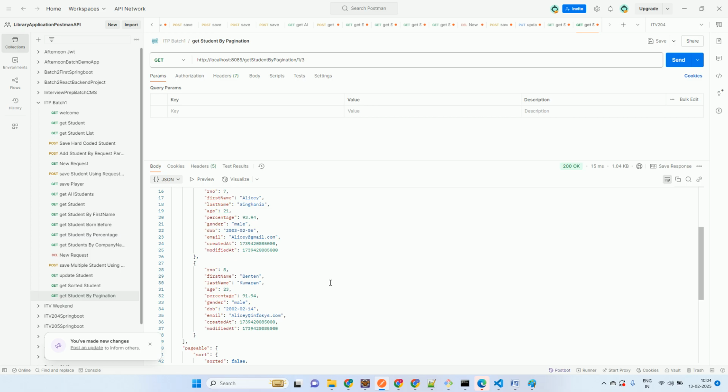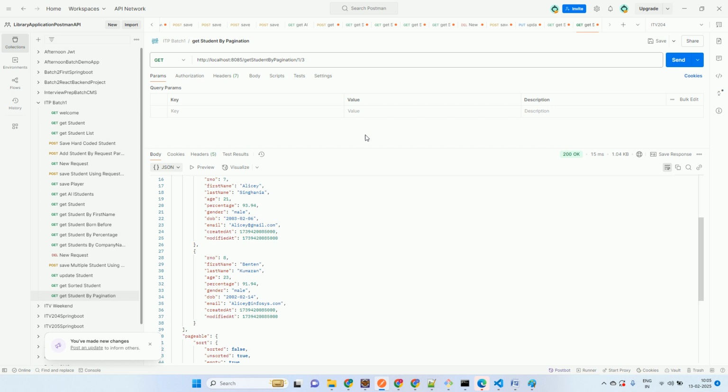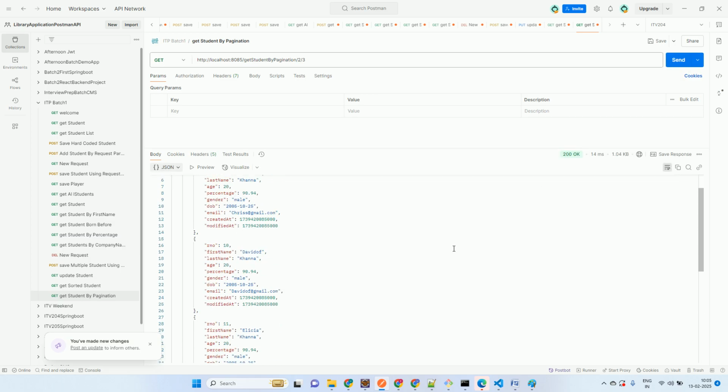कल्पेश, बेंटन, सही है। अगर मुझे ये रिकॉर्ड दिखाने होते, क्रिस, डेविडॉफ और एलिशिया को, तो कौन सा पेज? पेज नंबर 2। और हर पेज पे कितने रिकॉर्ड? 3 रिकॉर्ड, तो ये आ जाते थे, ठीक है। क्रिस, डेविडॉफ और एलिशिया।